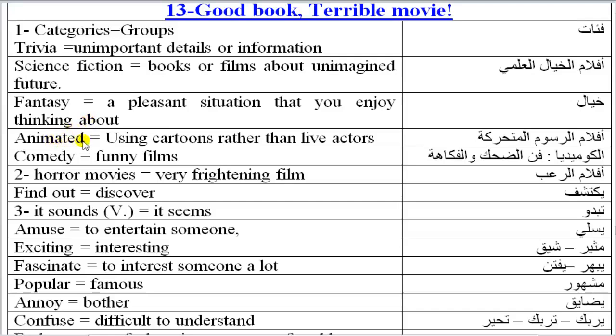Animated, T soft D between two vowels, animated or animated, British, animated, American animated: using cartoons rather than live actors. Comedy: funny films. 2. The words of exercise number 2: horror movies,